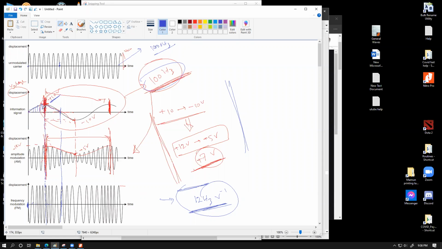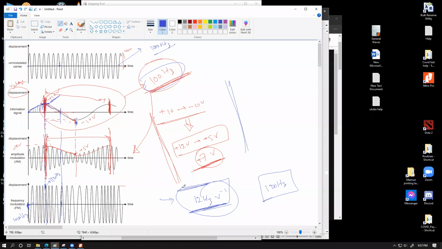So this means that when the information signal rises from 0 to 10, you're going to have a total of 120 hertz of frequency increase, which means at this location, your frequency is exactly 1000 hertz, the same as this value, and at this location, precisely at this location, the frequency would be 1000 plus 120, that is 1120 hertz. This will reduce to 1000 once again over here, and whenever this thing is minus 10, this will